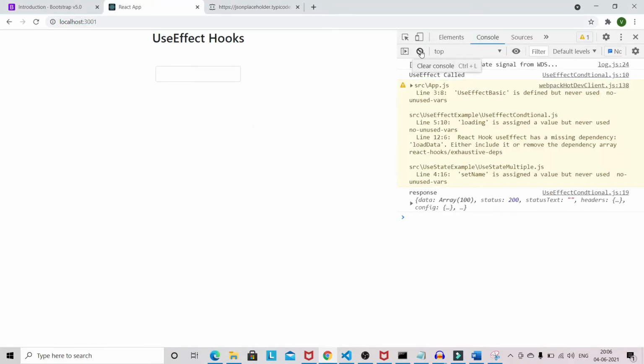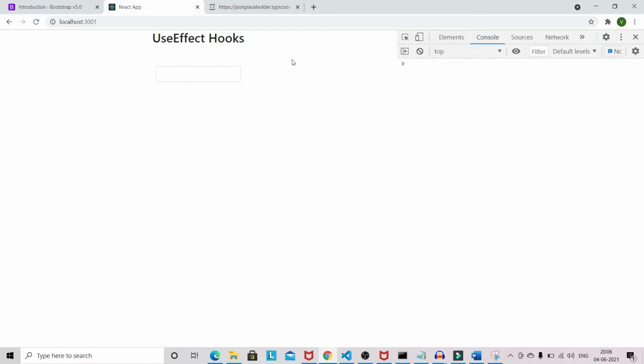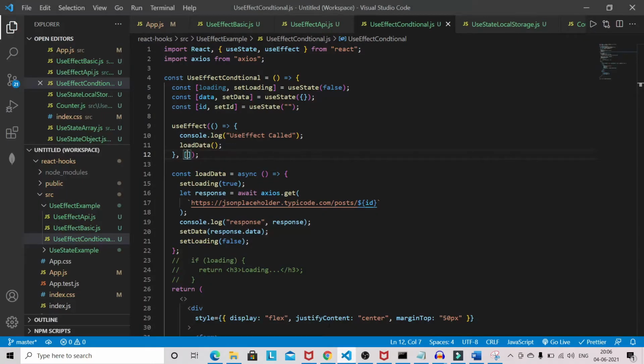Let's clear this one. We are not getting any post because this useEffect is only called after the first render. After that it's not making a call.